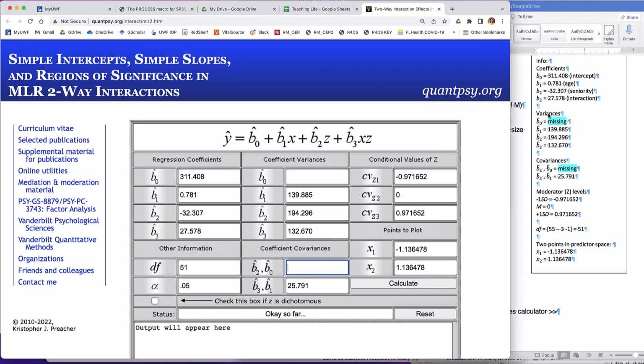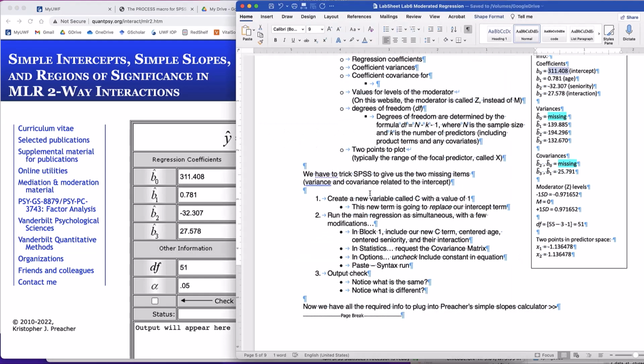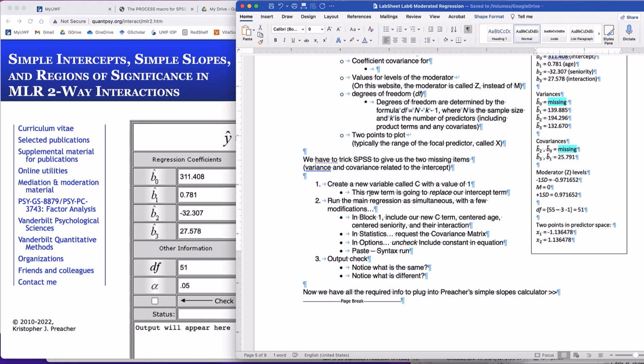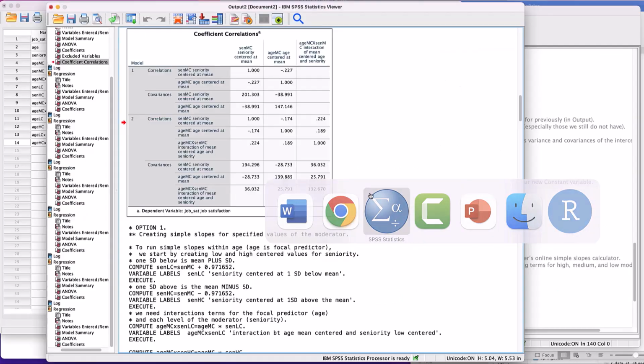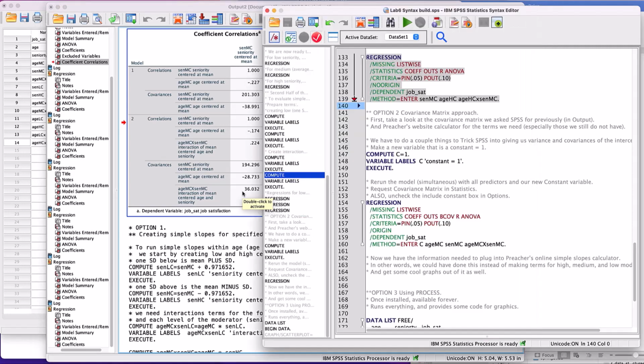giving me the information related to the y-intercept, the b sub 0. So how do we do that? So we need the variance and the covariance related to the intercept, and that output was only giving us the predictors. So it's not considering the y-intercept as a predictor, right? So what we need to do here